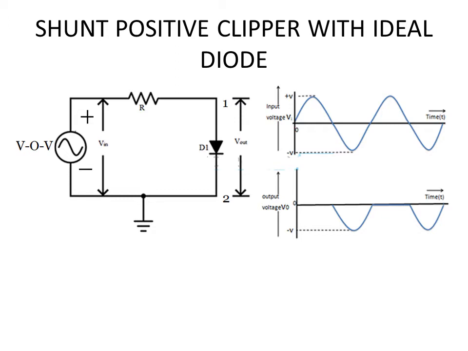You can see the input is actually AC, which is shown in the graph on top, whereas the output is similar to the rectifier output. The positive portion has been completely removed or cut away. That type of circuit is referred to as a positive clipper. The entire positive part of the input wave has been removed. But it is not the same as the rectifier. Whatever you can see on the slide is one possible way in which you can construct a positive clipper.